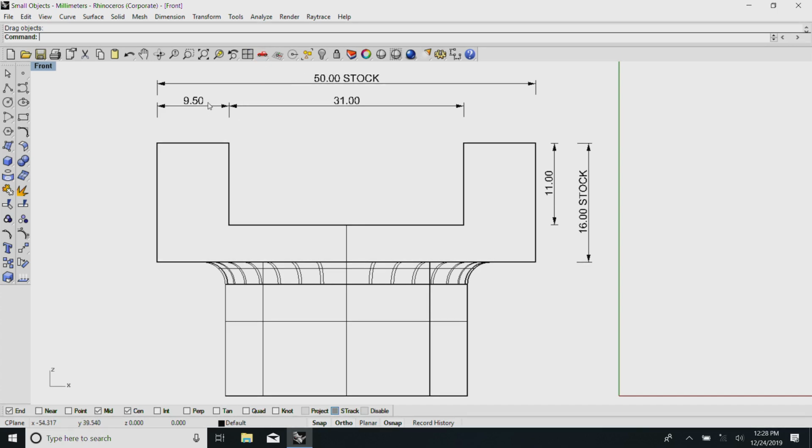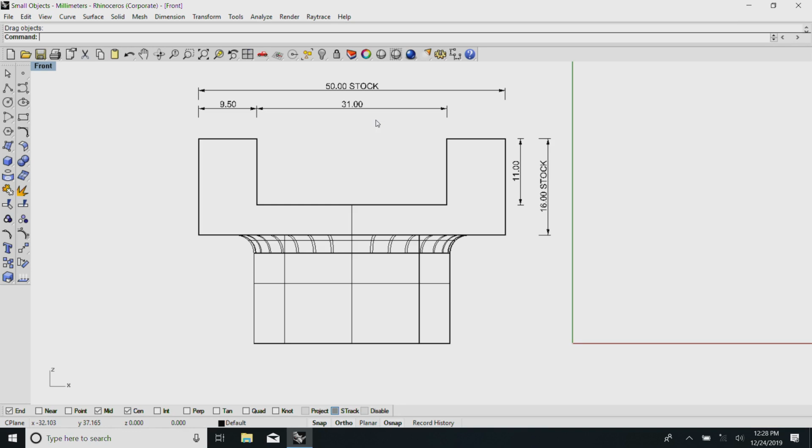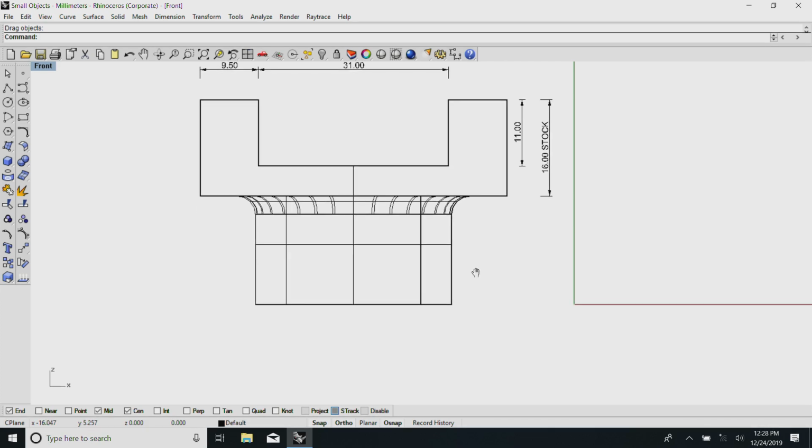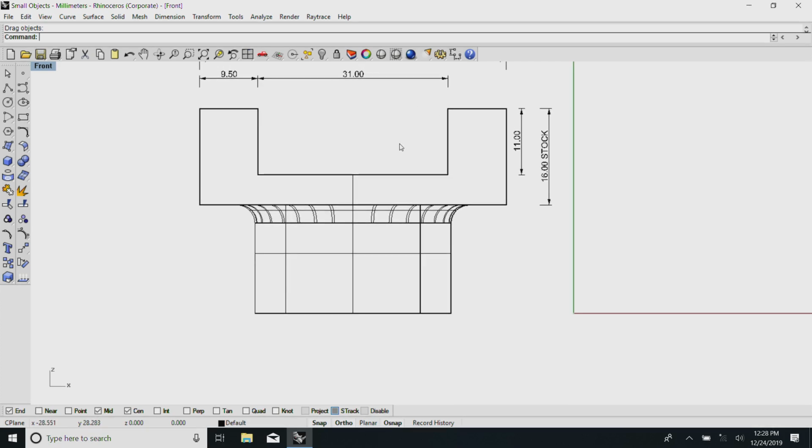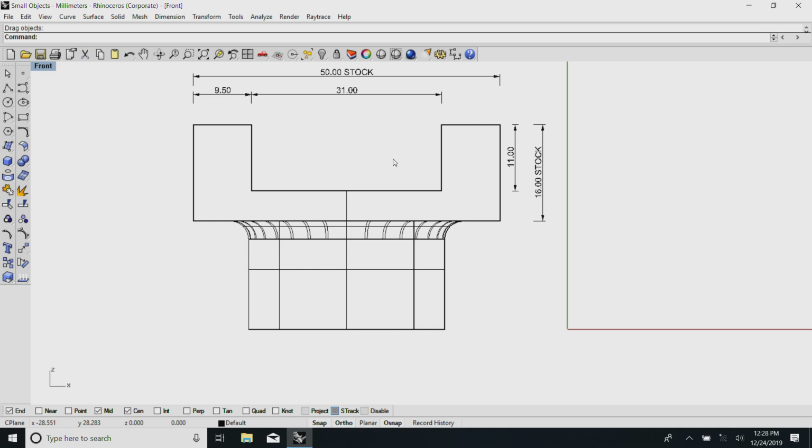Depending on the method of operation, it may be needed that I show this left dimension, or it may not be needed that I show the right dimension. The necessary dimensions have all already been extracted from the drawing here. Now, I will come back to the other thing. You see again at the bottom we have something else here. At the bottom, the total length of the object also needs to be given.